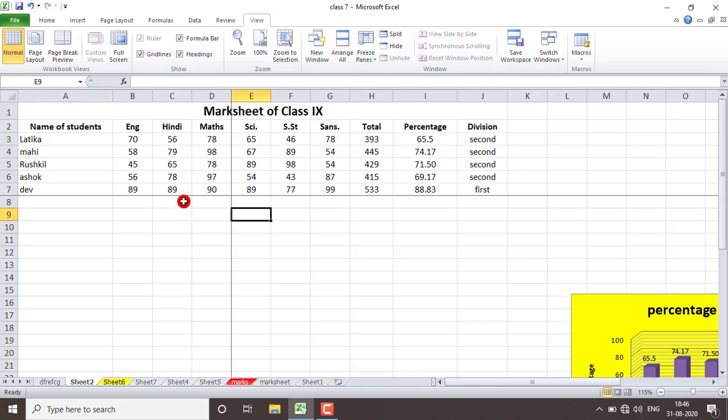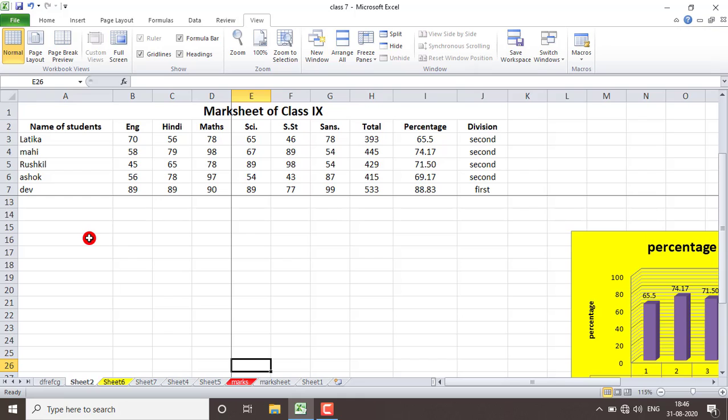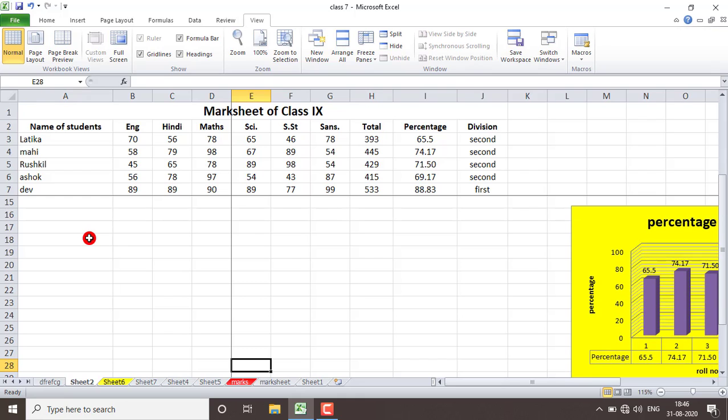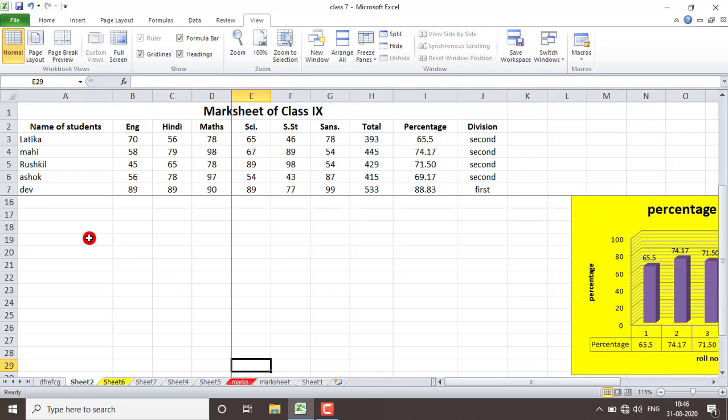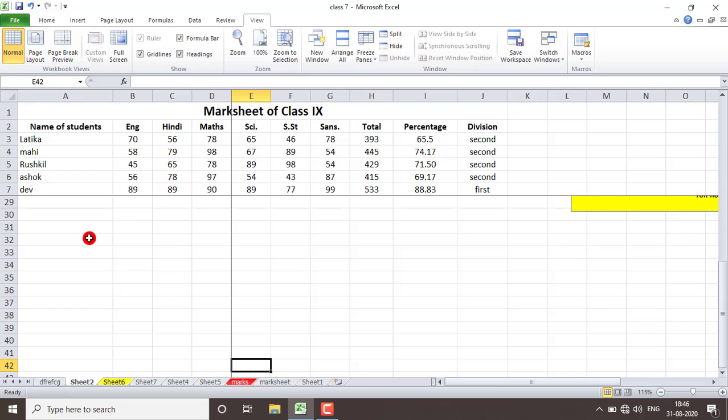Now let's see as we move downwards. Look here, as we are moving downwards, rows 1 to 7 are fixed. They are not moving, but below that, all are moving. That is the use of the first option, freeze panes.